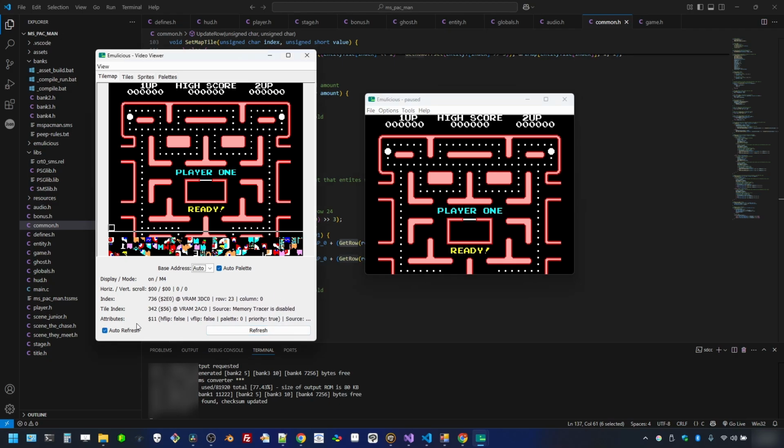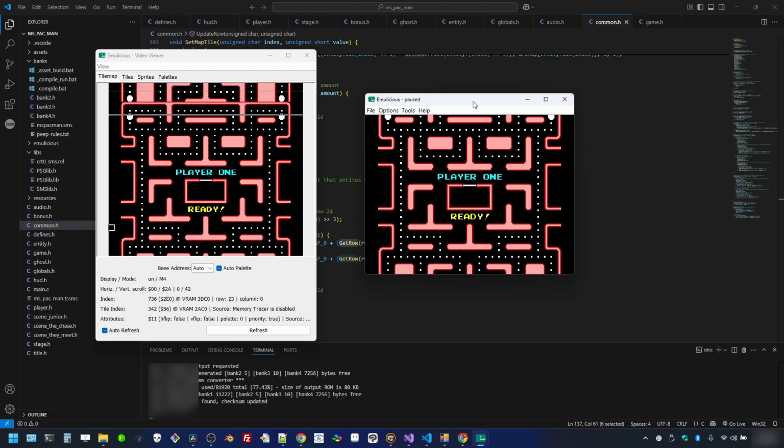Again, Emulicious gives us all this data, which is very awesome. And you can see that our scroll Y, or vertical scroll, is at 0. So as you recall, in the beginning of the game, it starts at the top and then it starts slowly scrolling to the bottom, and we're gonna see that play out a little bit. So if you watch the screen and I unpause the game, it will start scrolling down, as you can see, and you can see the vertical scroll is now at 42, and we already looped the bottom of our